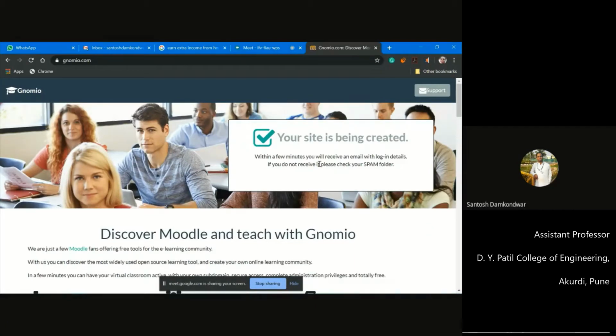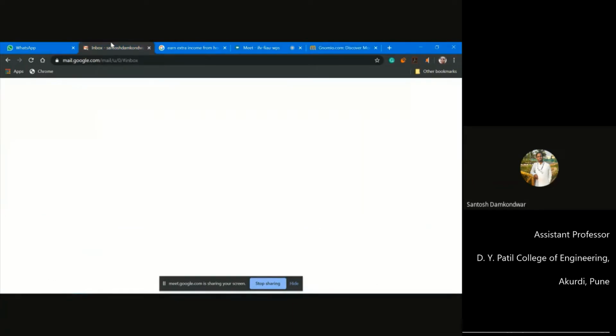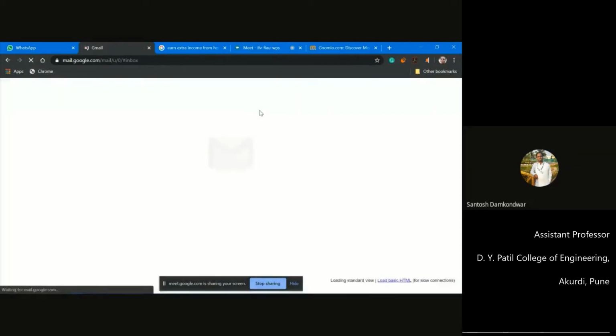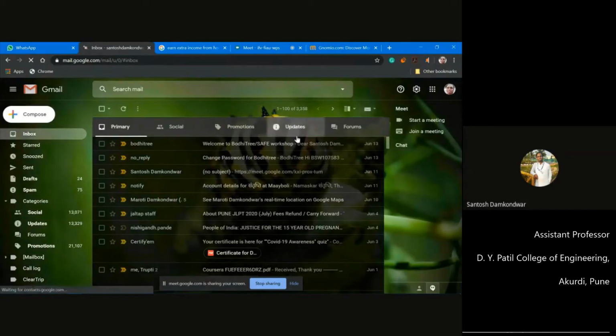So accordingly it will be reflecting over there in your email. So once you go to your email, you can refresh it, and once you get the mail, you can click on the confirmation link. After confirmation you can use that particular Moodle website.